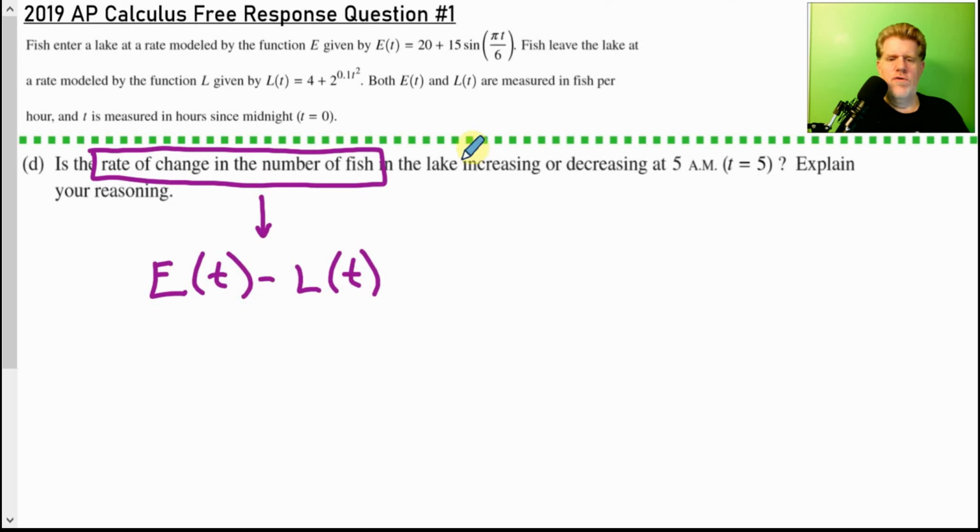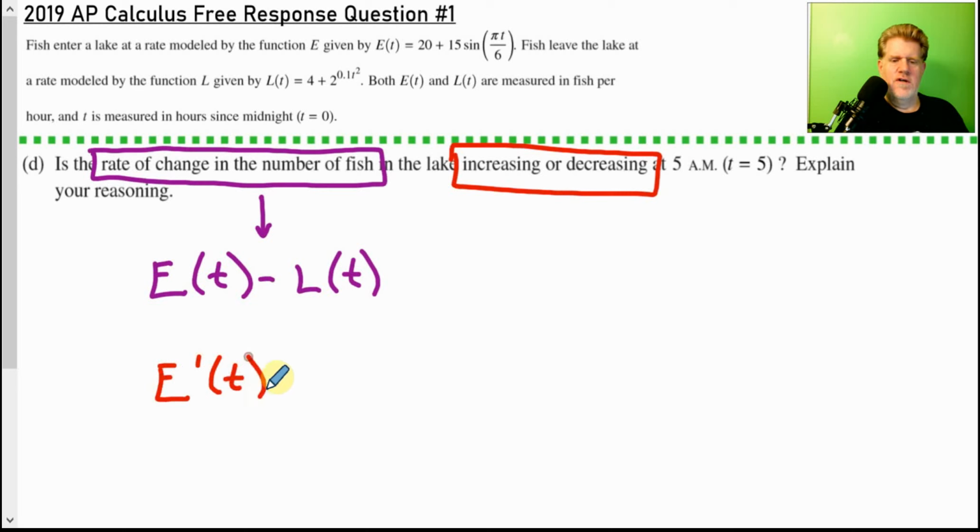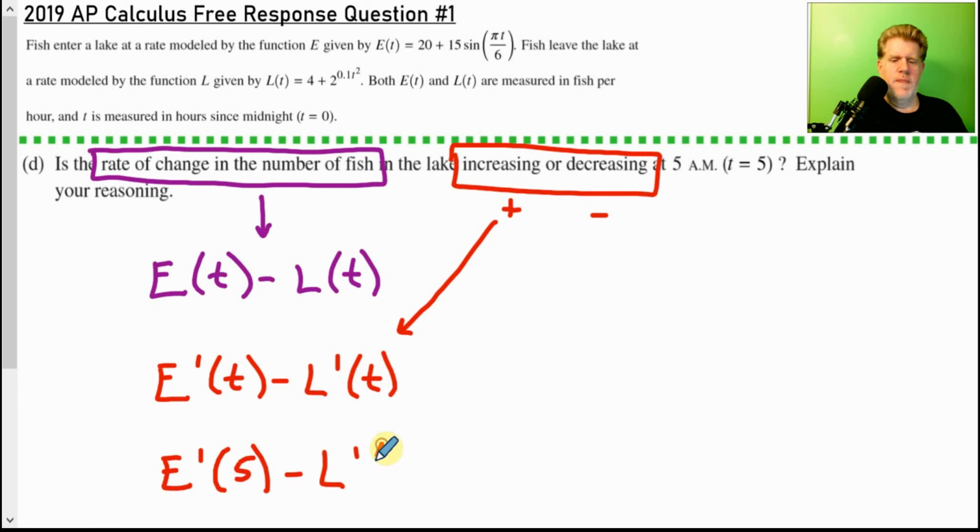If I want to know if it's increasing or decreasing, I analyze the derivative of this. Because the derivative will tell me if it's increasing or decreasing. So if the derivative is positive, it's increasing. If the derivative is negative, it's decreasing. So I simply, in this particular case, I'm just going to plug in the value of 5. And I find out that the value is negative 10.722,